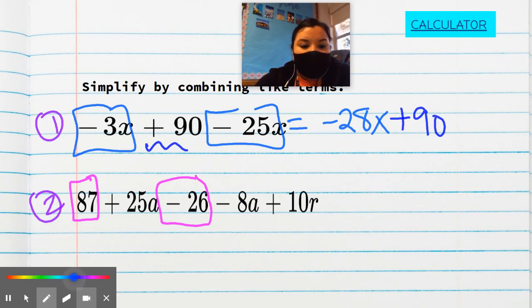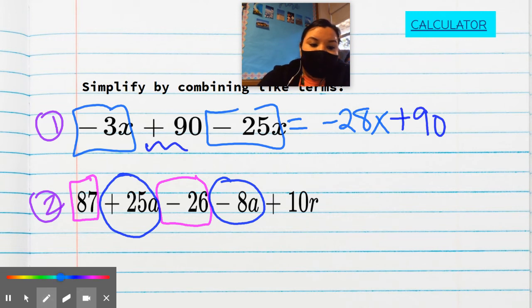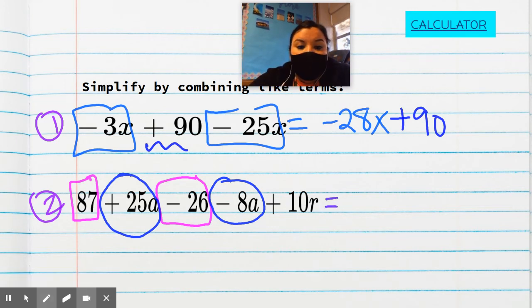Okay, then I'm going to circle plus 25a. And I'm going to see, is there anything else here from this side that has not been circled or boxed that has an A? Well, I see that this 8 also has an A. And then there's some 10R. There's nothing else to combine that with, so we're going to leave that where it's at. Okay, and over here, I was looking for hopefully color black for ink. Okay, so looking at the pink,